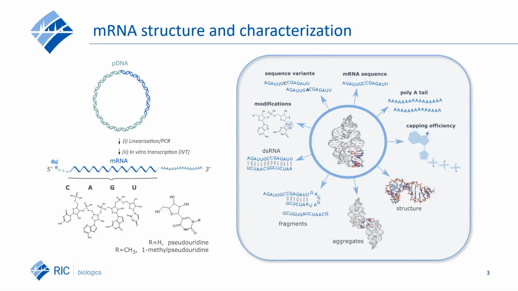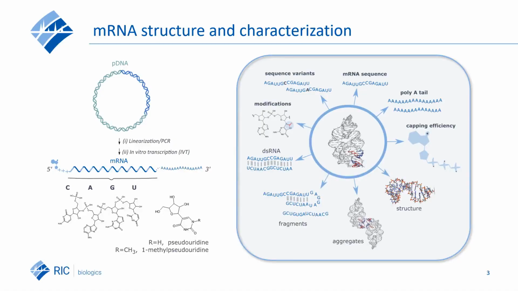Giving some more background, mRNA is synthesized from a DNA template using in vitro transcription. Now, having a closer look at the IVT mRNA molecule itself. mRNA is made up of 4 nucleosides linked to each other by phosphodiester bridges, which render the mRNA its polyanionic nature. Within the mRNA strand, the gene of interest can be identified and 4 other components, including a 5' cap structure, a 3' poly A tail, and 2 untranslated regions.